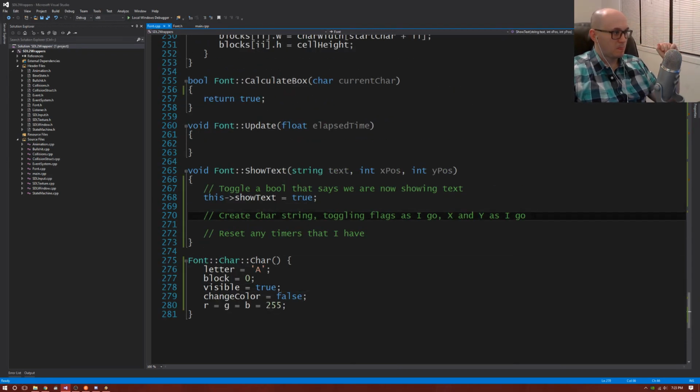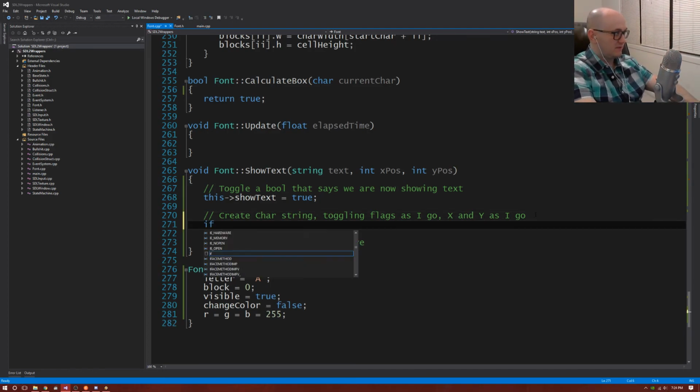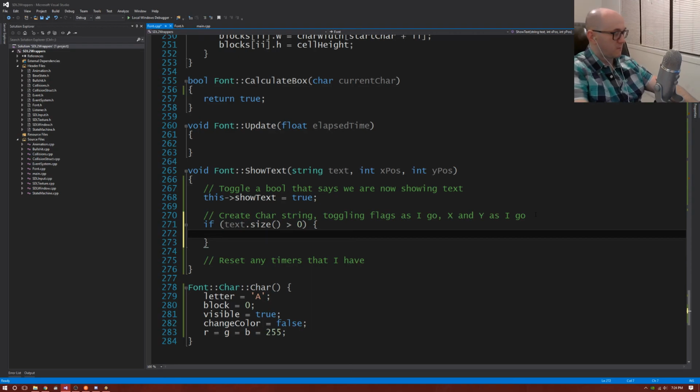That should handle a basic char. Alright, so here's how I do this. If the text they gave me is greater than 0, so they didn't give me garbage, then for every letter of the string,